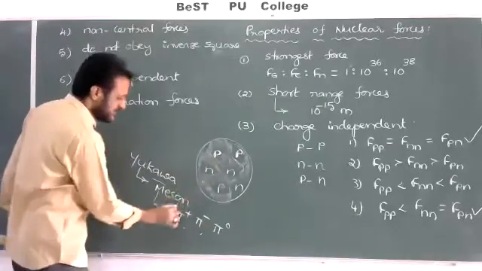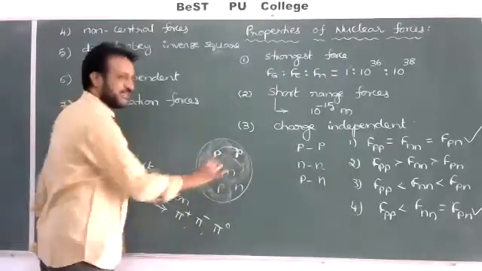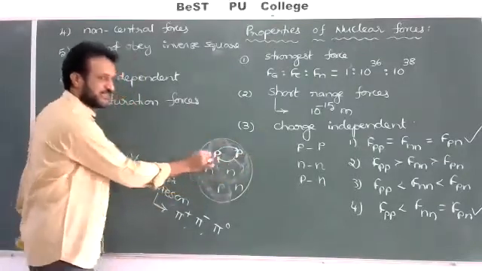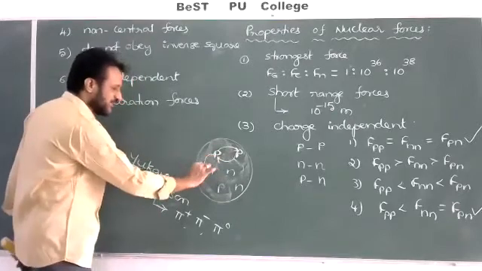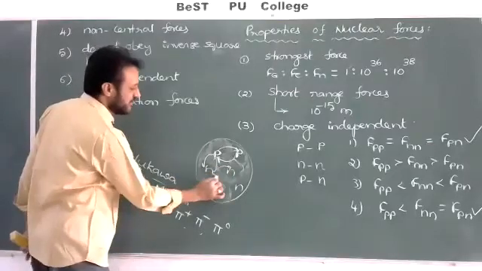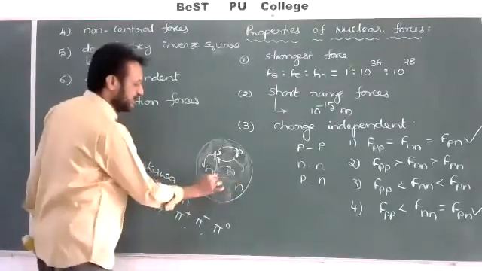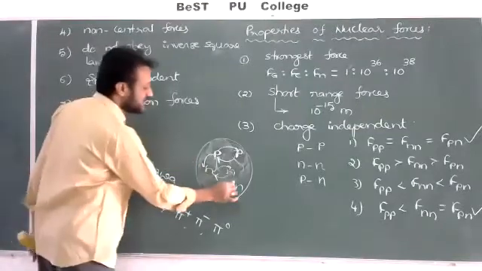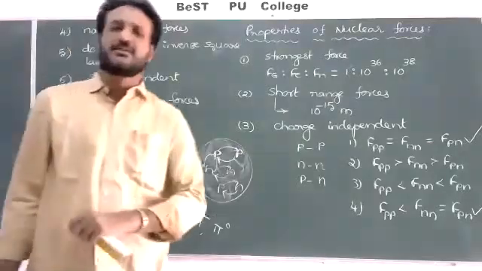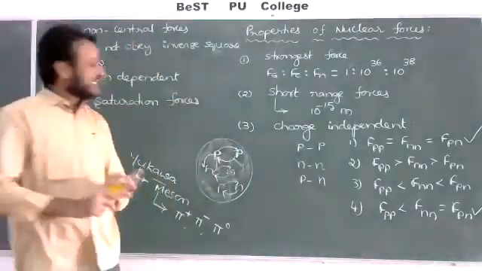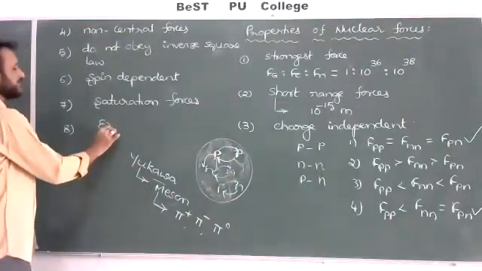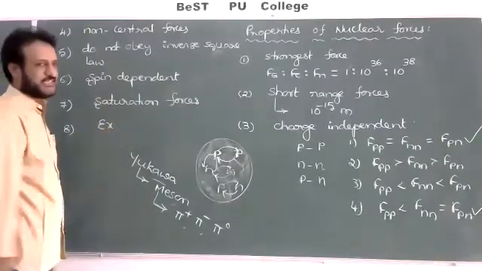What is the reason for the force between proton and proton? These charged mesons are always exchanging like this. A proton can attract one pi plus meson, and again release one pi minus meson. Between the proton and neutron also, the mesons are exchanging. Between neutron and neutron, pi neutral is exchanged. They are attracting and also releasing, and because of this, the nuclear forces are present. The only reason for the nuclear force inside the nucleus is the exchange of mesons. That's why we can say nuclear forces are exchange forces. We can write the 8th point.